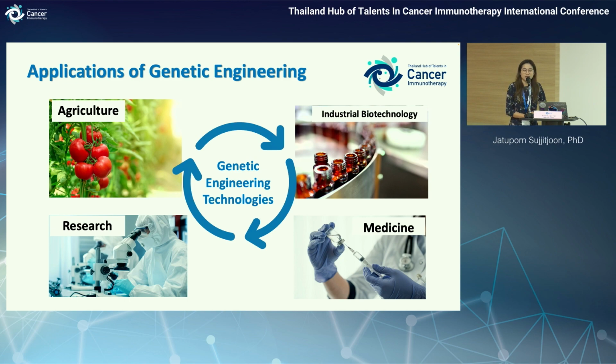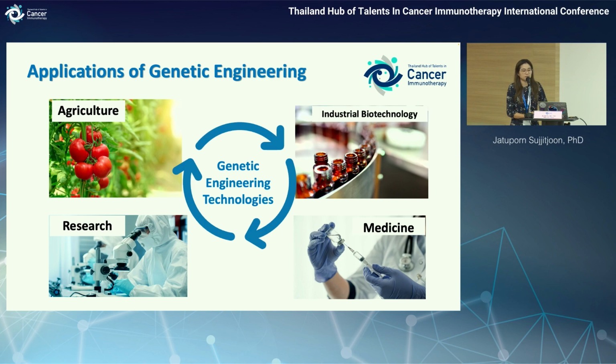And in the field of medicine, it can develop new treatments for patients. Today, I will focus on the technology that we use in my research field, that is cancer immunotherapy, especially CAR